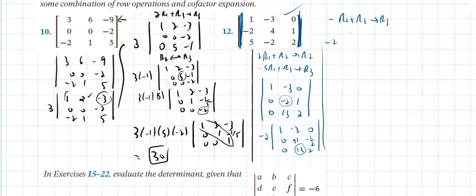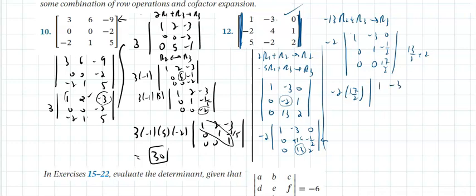So I have a negative 2 already. 1, negative 3, 0, 0, 1, negative 1 half, 0. If I multiply this by negative 13, I'll get negative 13 plus 13 is 0. I'll get 13 over 2 plus 2 for 17 over 2. And now, if I take negative 2 and I take 17 over 2, I'm really looking at,